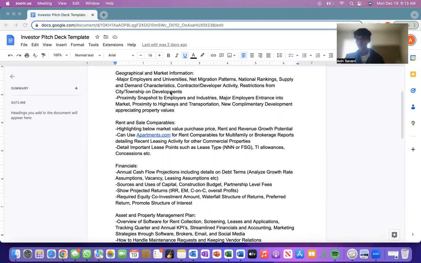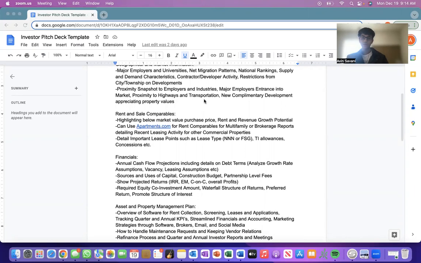So say if an Amazon warehouse is moving in, or a big box retailer like Target, Walmart, Home Depot, Lowe's, some huge retailers coming in, because that's basically a magnet for a lot of different people to live off of, right? So retailers have a huge impact on an economy.